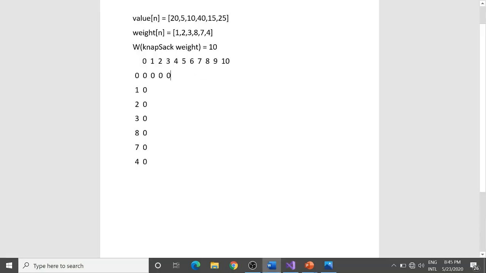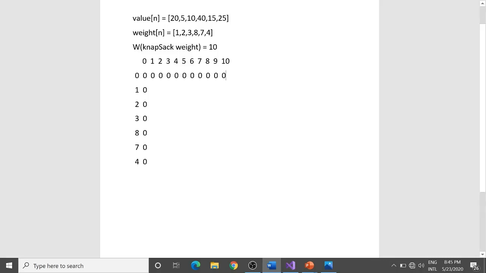I'm saying that if my knapsack can hold a weight of 4 and the elements currently I'm having are 0, so the max value I can make out of it is 0 again. You can put an int min over here, but I am making use of zeros. The same way the answer to this subproblem would again be 0, the answer to this subproblem would again be 0, and hence my first row will again be 0.